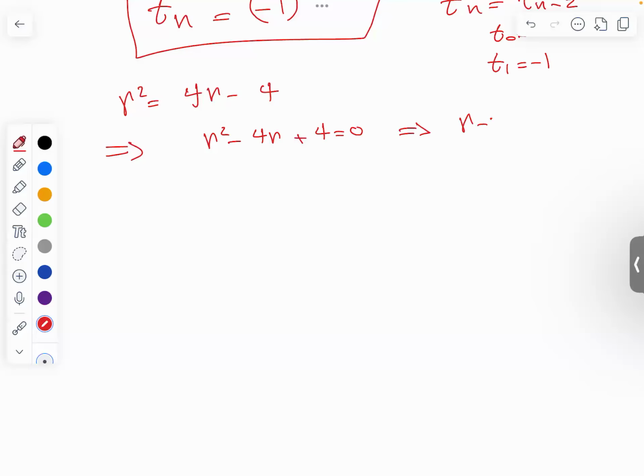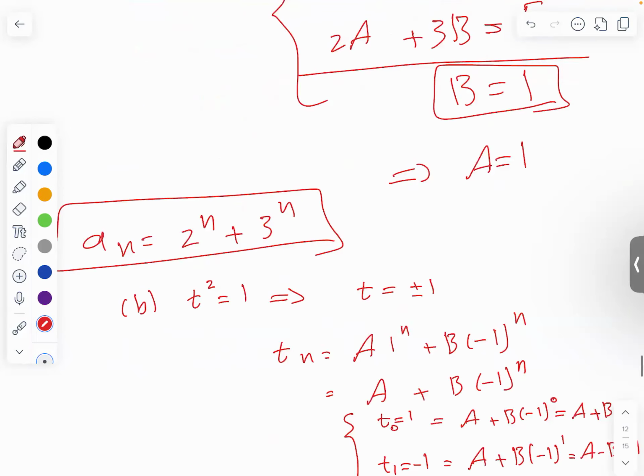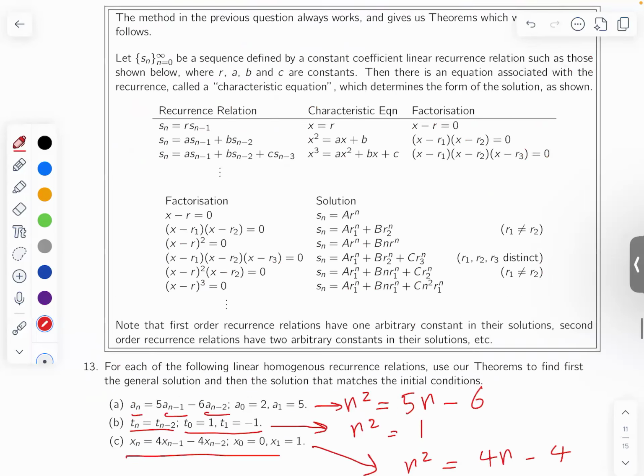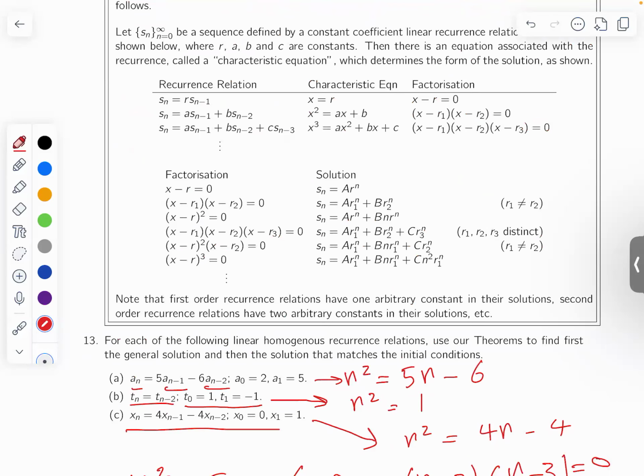From here, R minus 2 power 2 equals 0. From here, R equals 2, a repeated root. Therefore, let's have a look at the table. If it is this one,